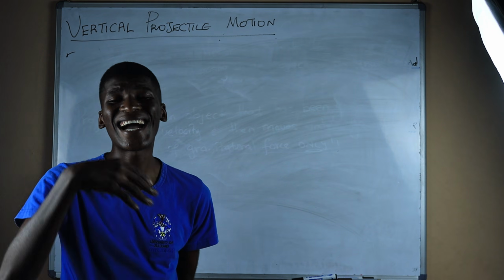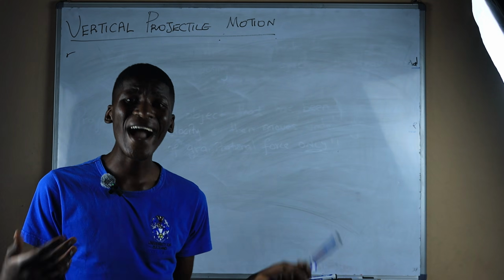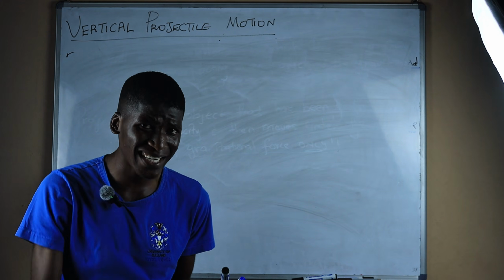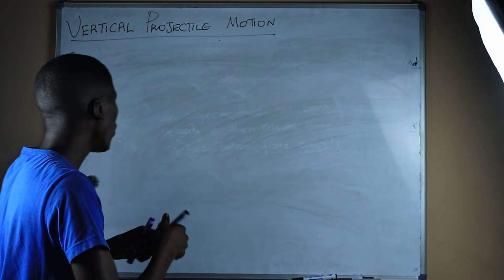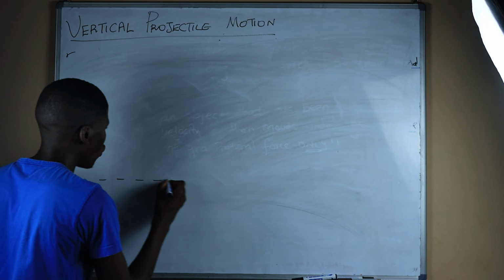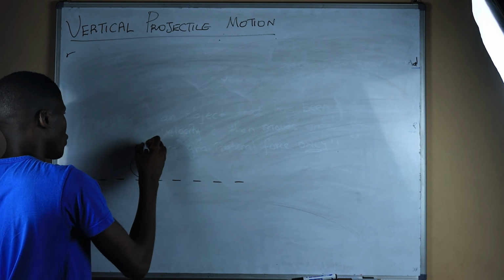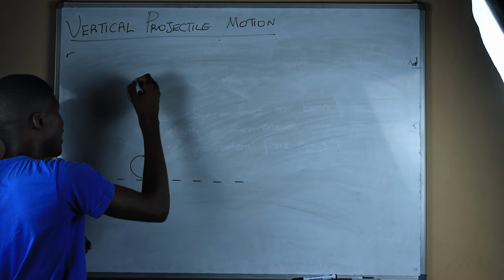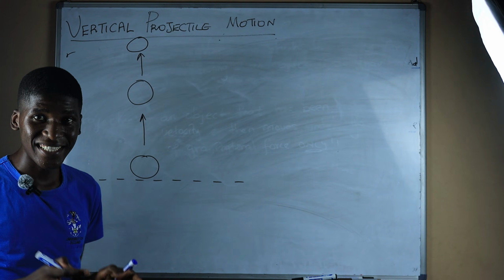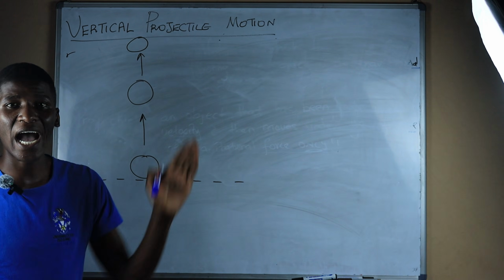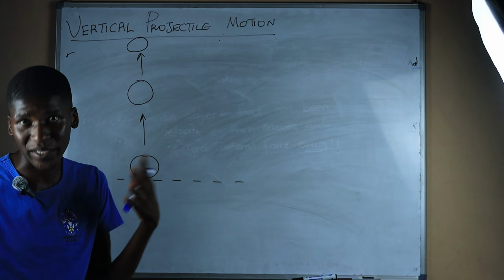Now we want to try and analyze the motion to say what is actually happening to the object. Why does it actually go up and come back down? Why doesn't it continue flying and going up again? It is because, first of all, let's just say your object starts here. This is a ball that I'm going to throw up into the air. So this ball is being thrown up into the air. As I said, the ball will not be able to continue moving up forever, but it will come back to where it started or to where it was thrown, okay?